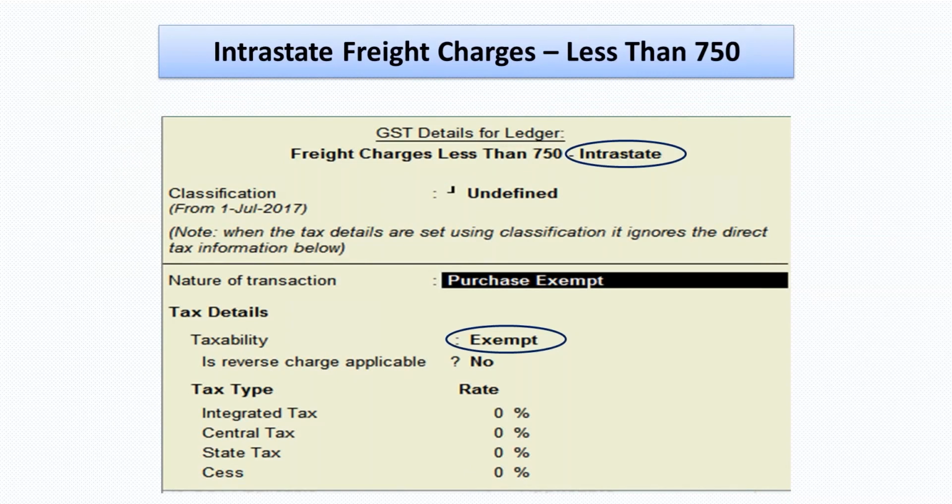Could be another case of freight charges less than 250. This is also less than 750 per transaction. This is also covered under serial number 21 of notification 12/2017, which provides a specific exemption with respect to agricultural products, newspapers, milk, and where the value of the services is below 750 with respect to these GTA services, there is an exemption. So we might be willing to create a separate ledger itself to incorporate these things.